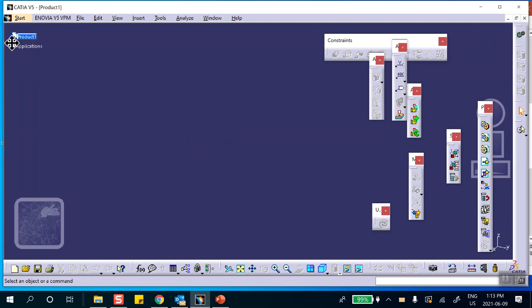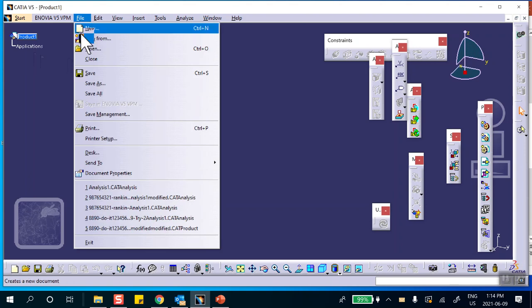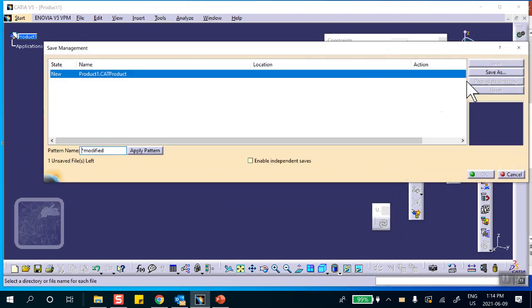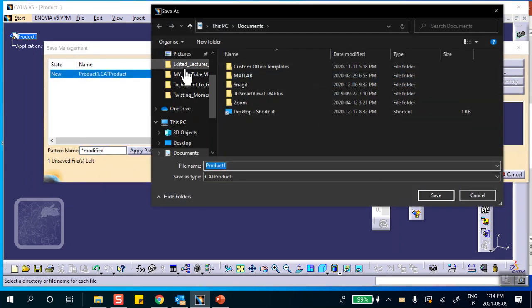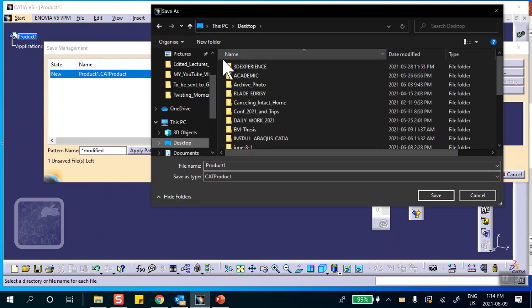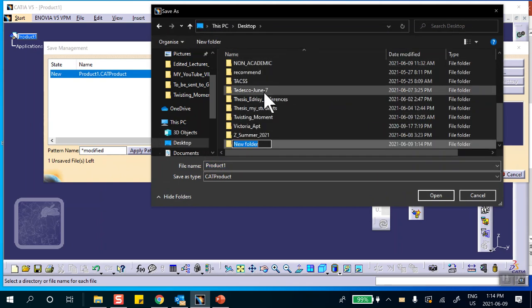Now, I'm going to save this immediately in a folder. This is going to be a folder that has all my intermediate work in it, because in the event the power is lost, in the event your computer crashes, at least you have saved your stuff without the proper naming convention somewhere in a folder. So I'm going to say File, Save Management, Save As, on my desktop, a new folder,